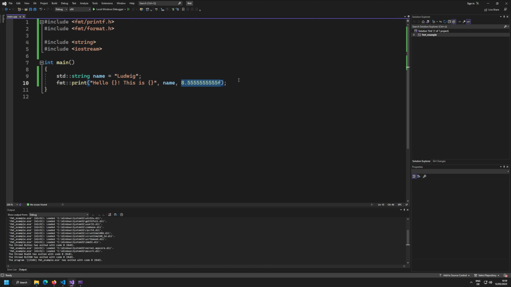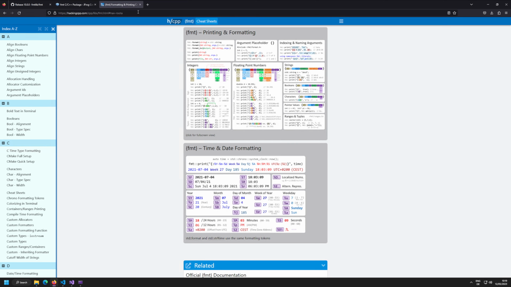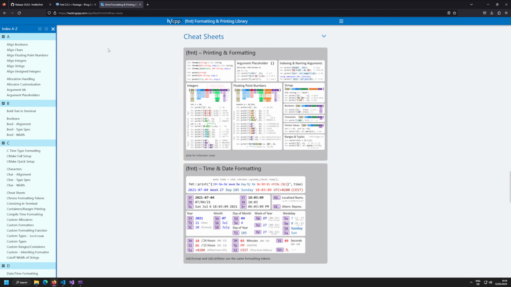Now, of course, there are modifiers to that. So the curly brackets themselves can be optional and they can be extended to do what you want. Now, how do you do it? Well, I don't know. And you also are not going to know if you're only going to know the stuff that you've used recently. However, you need to know where to find it. And what I would recommend is an FMT cheat sheet. Now you can find something here at